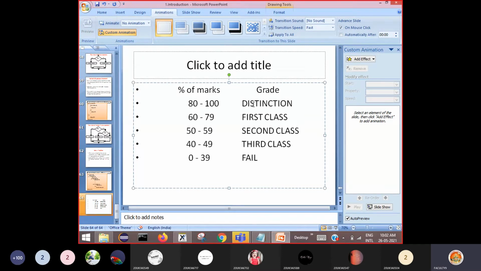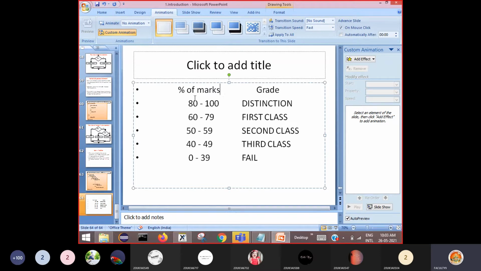We want to award a grade for a student, and a student will have only one grade: either distinction, first class, second class, third class, or a fail grade. We award only one grade to a student. So multiple conditions are involved, but you have to evaluate and execute only one condition. Such situations can be implemented using the else if ladder.